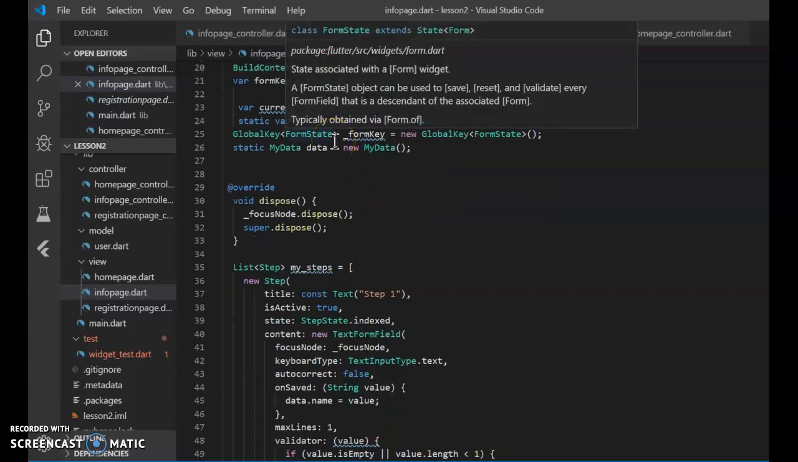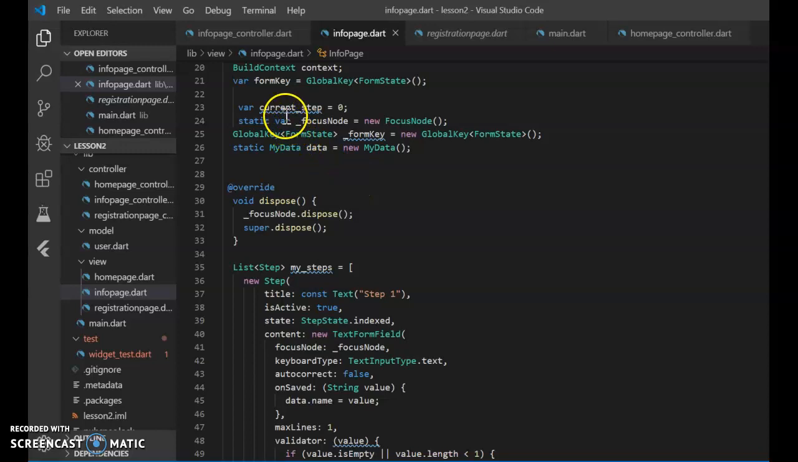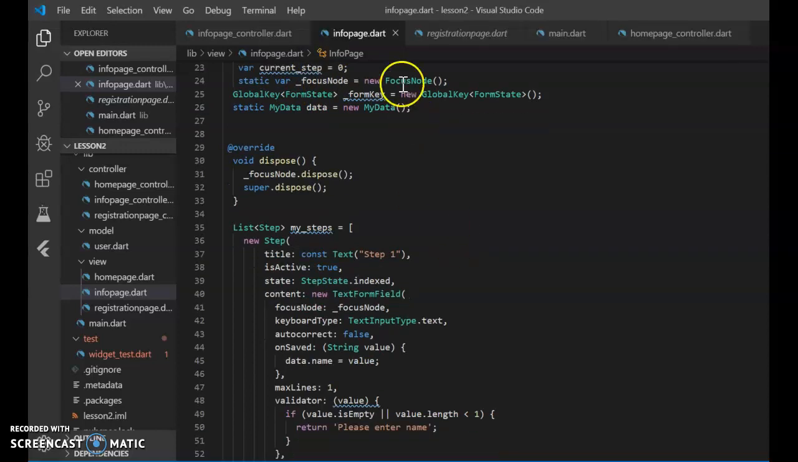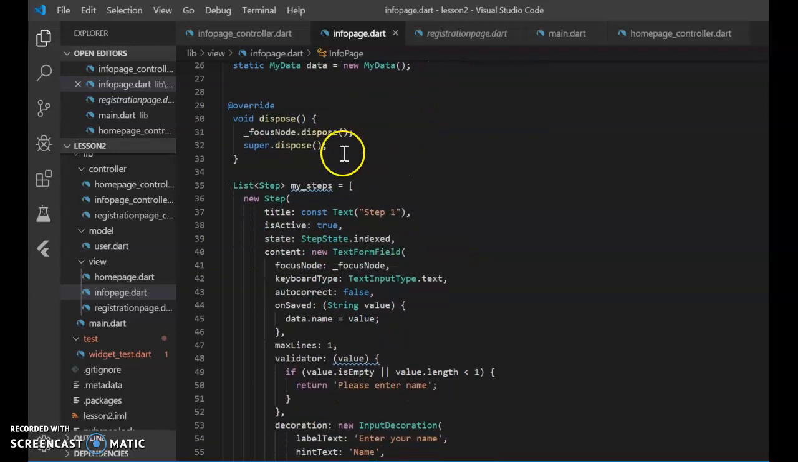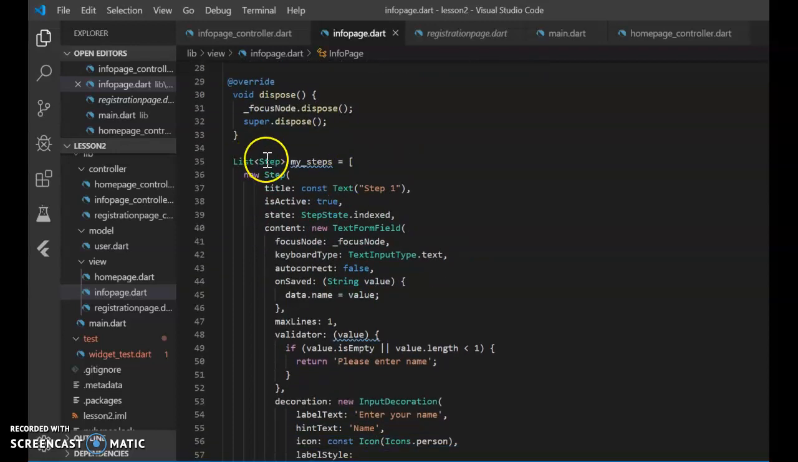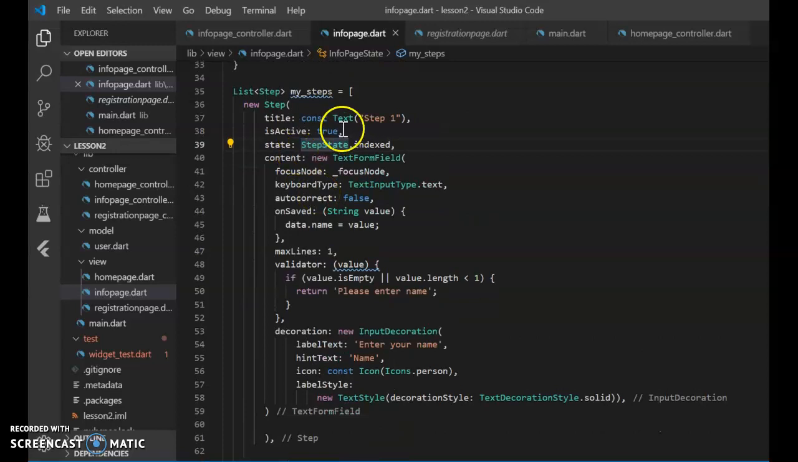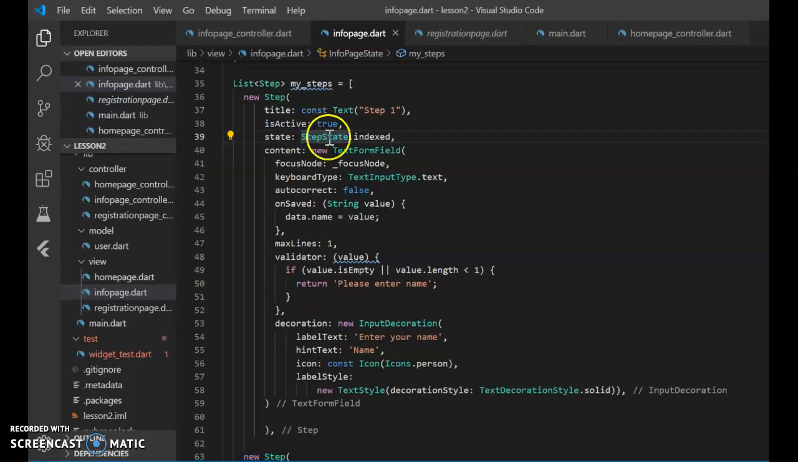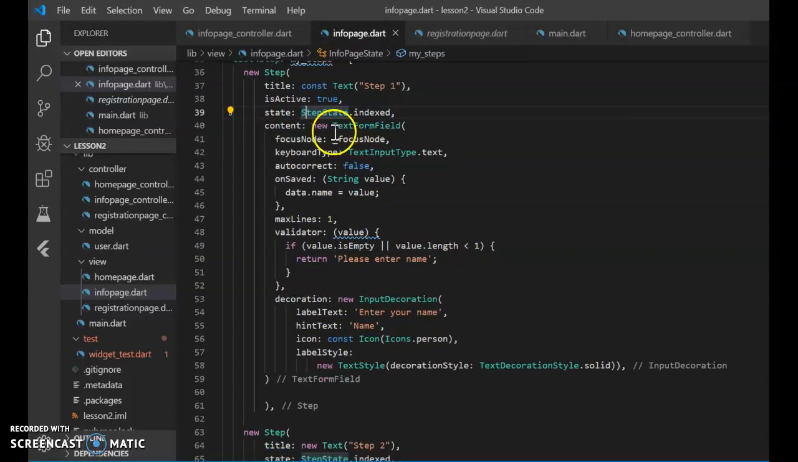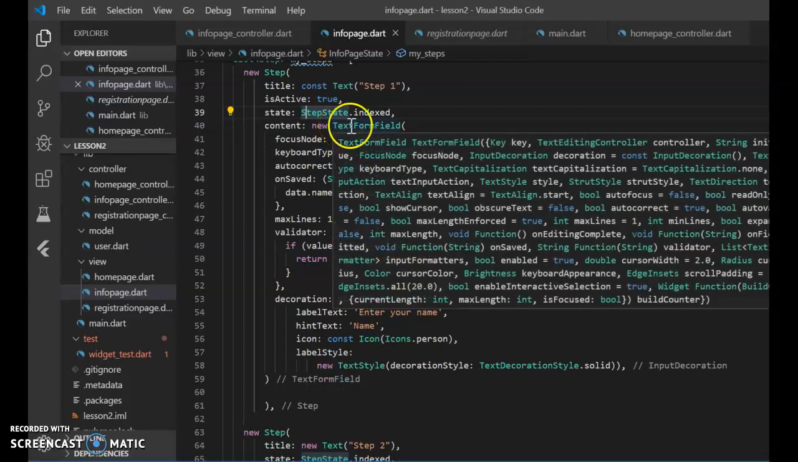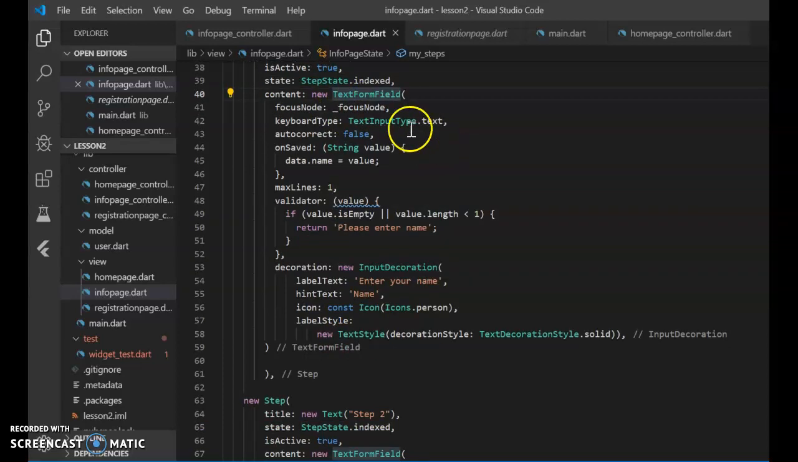And further I have implemented the stepper widget which needs to have the current step in the initial part of 0, and from over there, I have created the stepper parts which include the list which has the 3 different steps. And the first step includes the title, and the active, it may be true or false, and the state, and I have included the text form field which has the text input